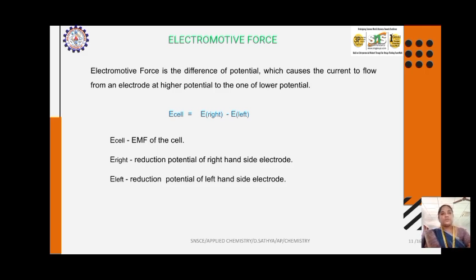So the electromotive force, that means EMF. The EMF in the different